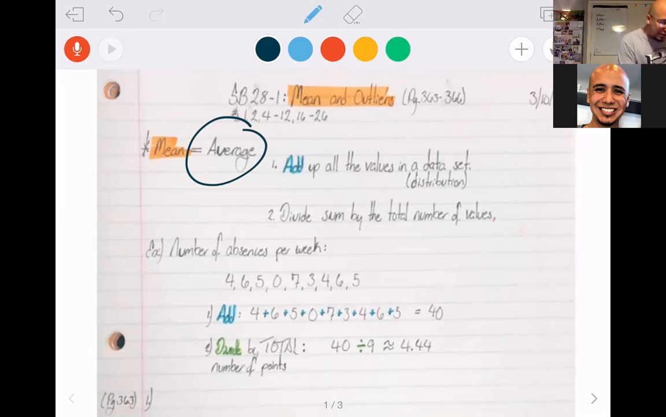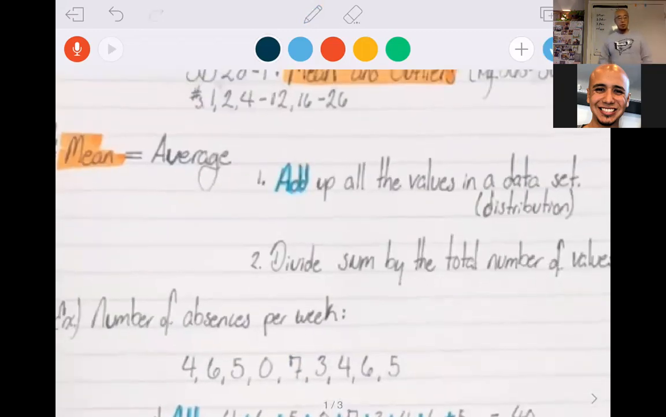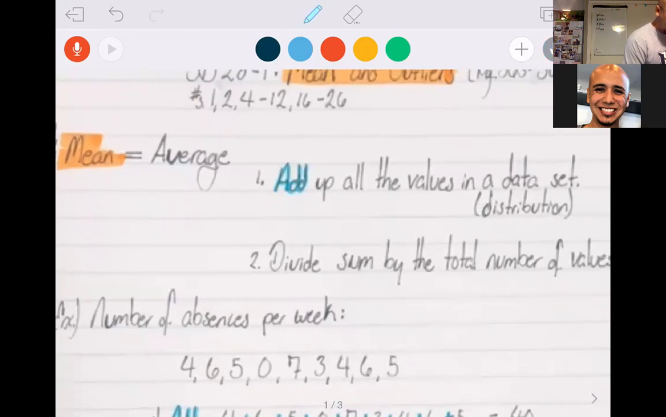But when we find the mean, ladies and gentlemen, it's a 2-step process. The first step is that you add up all the values in the data set. And then number 2, you divide the sum by the total number of values. For example,